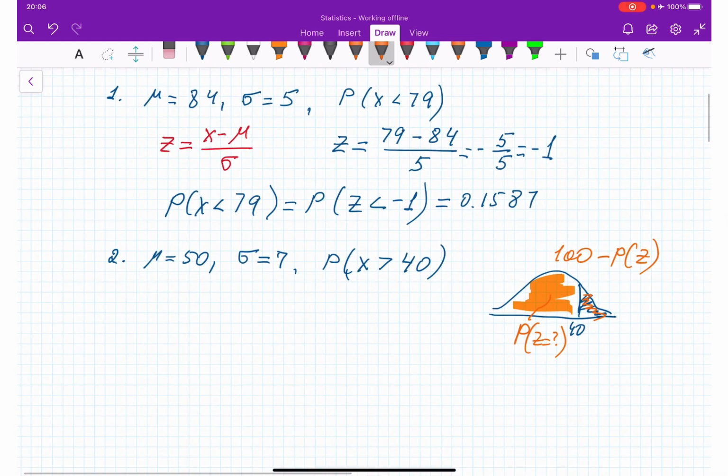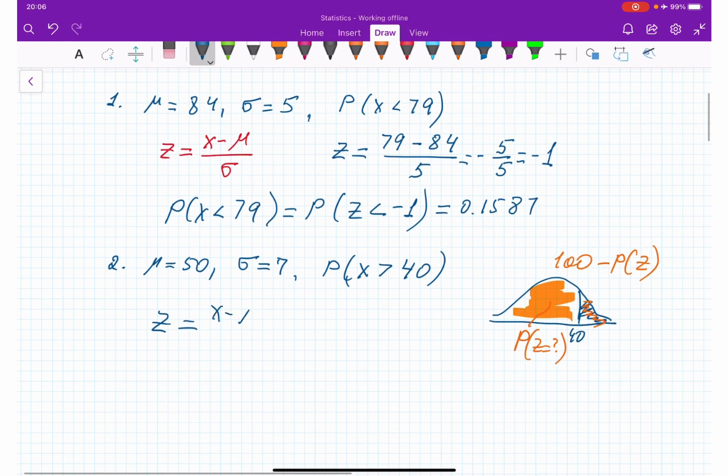So first of all, we need to find the z-score. Z-score is equal to x minus mu, over sigma. X is 40, minus mu is 50, divided by 7. So how much is it going to be? It's going to be negative 10 over 7. So 10 over 7 is going to give us 1.43. So it is approximately negative